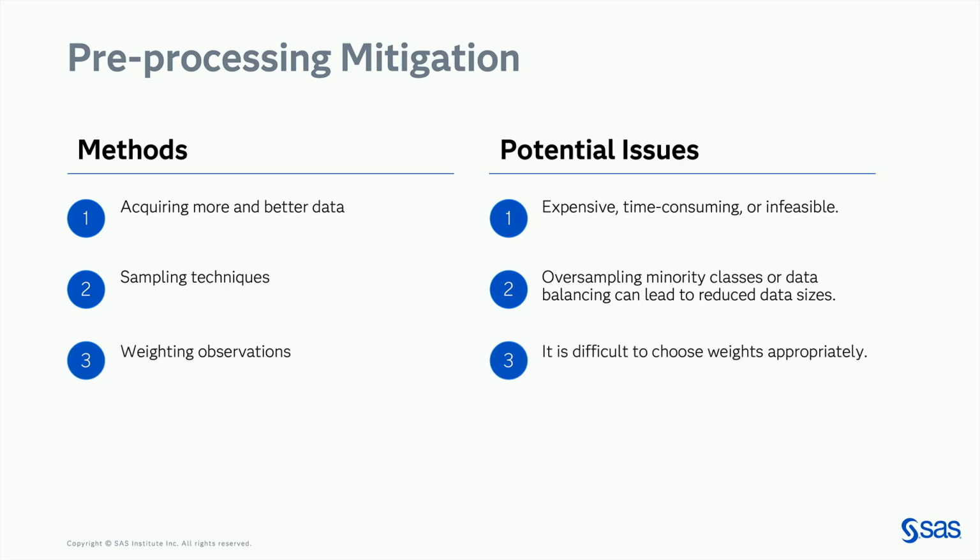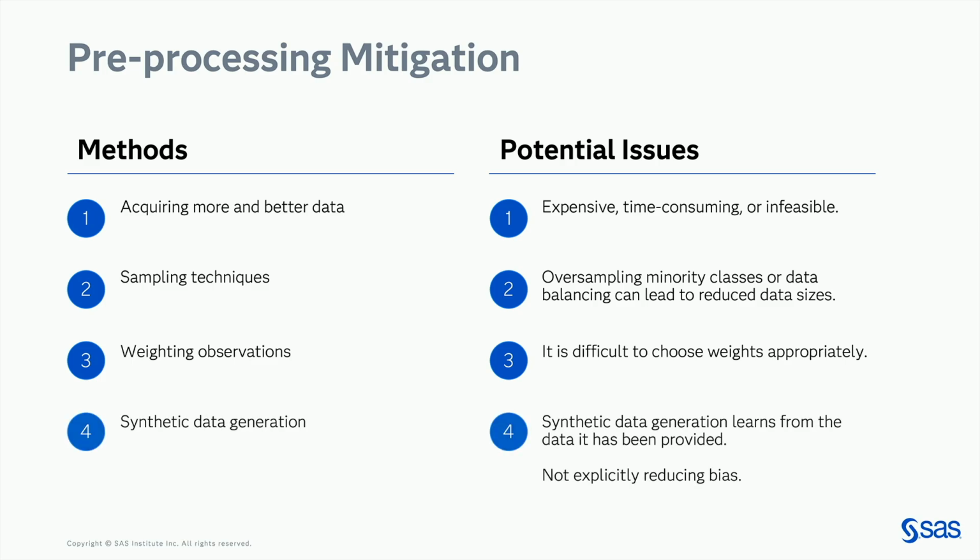Well, you could weight observations. You say, okay, maybe before modeling, I'm going to weight some observations higher so that they impact the model more. And this does a good job of helping to distribute how much observations help the model, but you have to do this manually if you're going to try to do it beforehand. And how do you decide if I'm going to weight these observations or this subgroup more than that subgroup in the data? Making those choices beforehand can be difficult because you don't have the information to back that up.